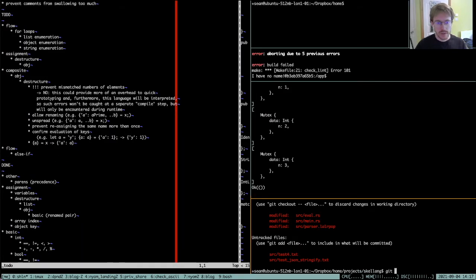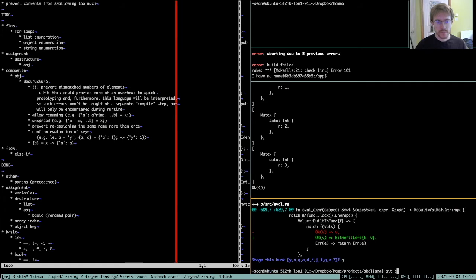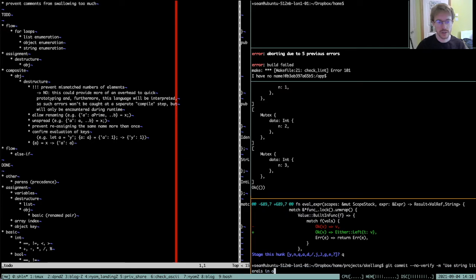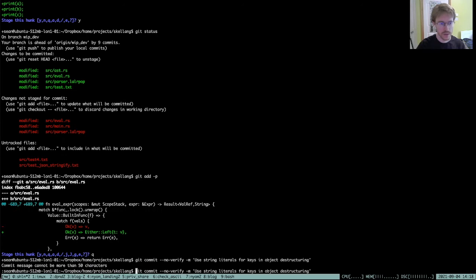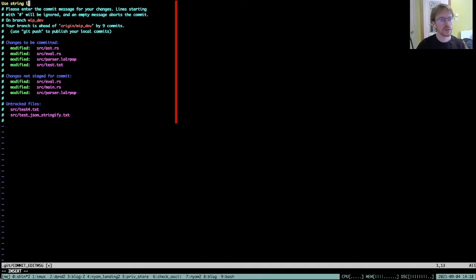So this will be use string literals for keys in object destructuring. Okay. Use string literals for keys in object destructuring. Okay, I'm 2 characters over the limit. So